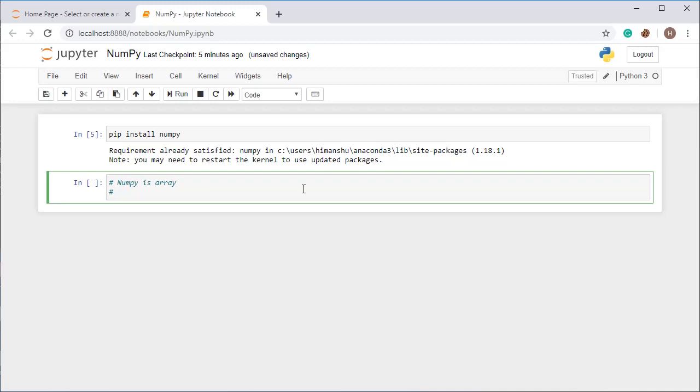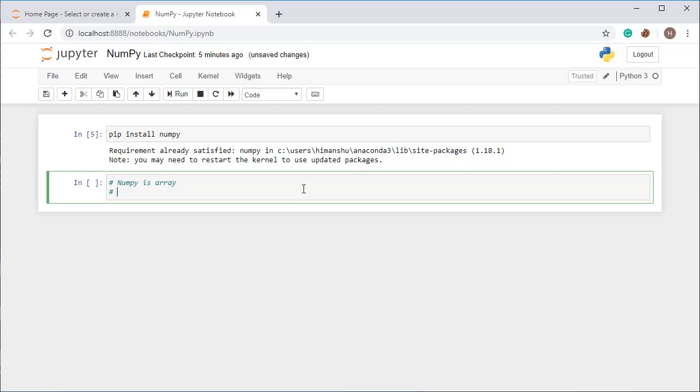Otherwise, in Python you can only work on 1D arrays, means one dimensional arrays. Dimensional in the sense means one axis. All the arrays which are on a single axis are the only ones you can work on in normal Python, but with the help of the NumPy library you can work on n-dimensional arrays.